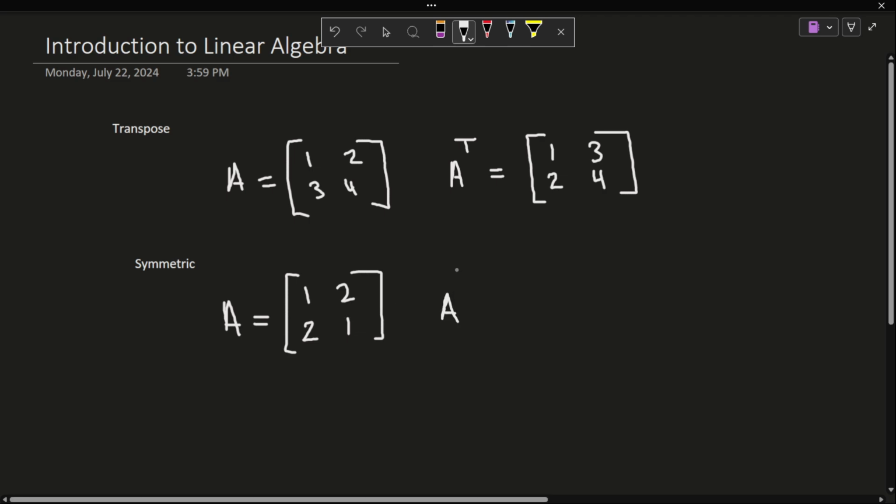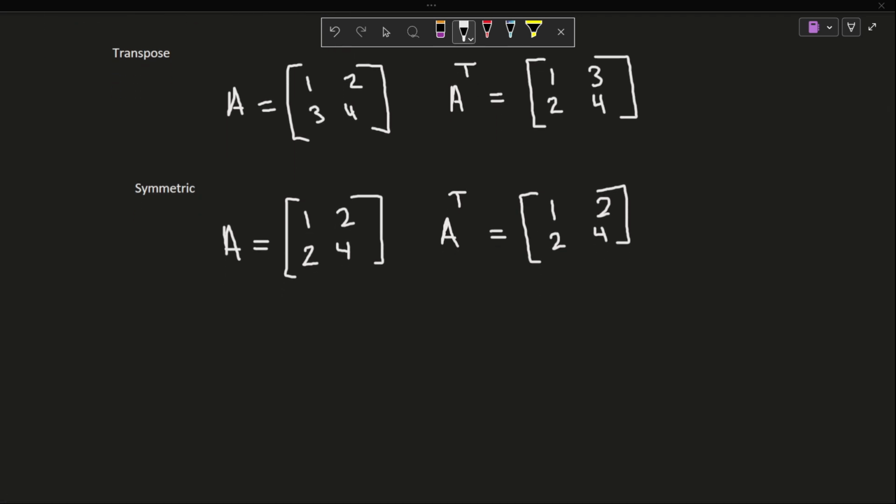So you can kind of see how this would already look. This kind of looks symmetric, but just to show, the transpose of this, well, let's do this again. First column becomes our first row. Second column becomes our second row, and transpose, just like that. And you can see the matrices are the same. And if I were to change this to a 4, that would mean that this would change to a 4, and they would still be the same matrix. And that's what makes it symmetric.